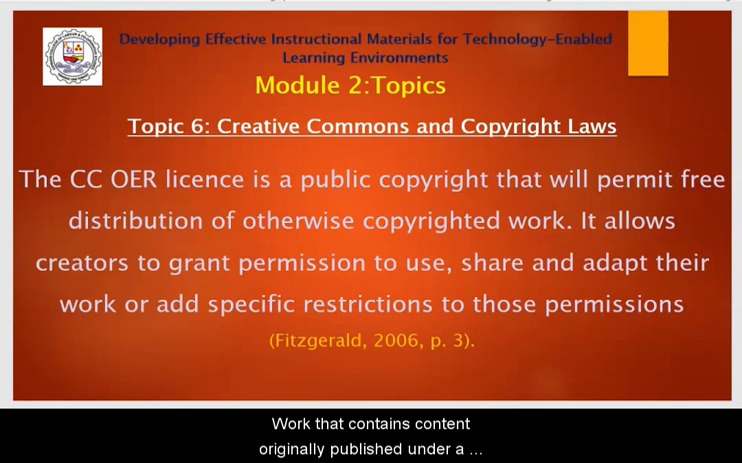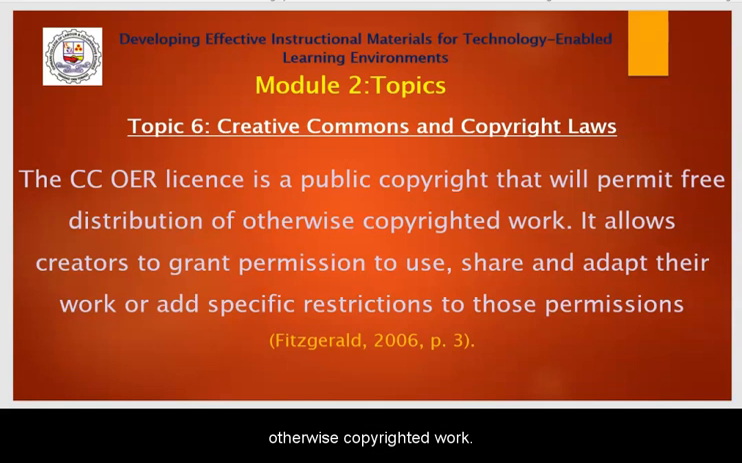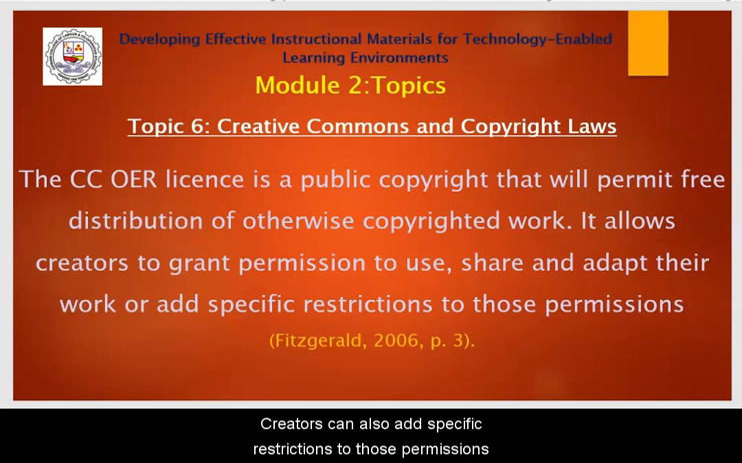Work that contains content originally published under a closed license would be considered illegal. Creative Commons is perhaps the best, most widely used model of open licensing for education materials. The CC OER license is a public copyright that permits free distribution of otherwise copyrighted work. It allows creators to grant permission to use, share, adapt their work, written text, photos, graphics, music, film, etc. Creators can also add specific